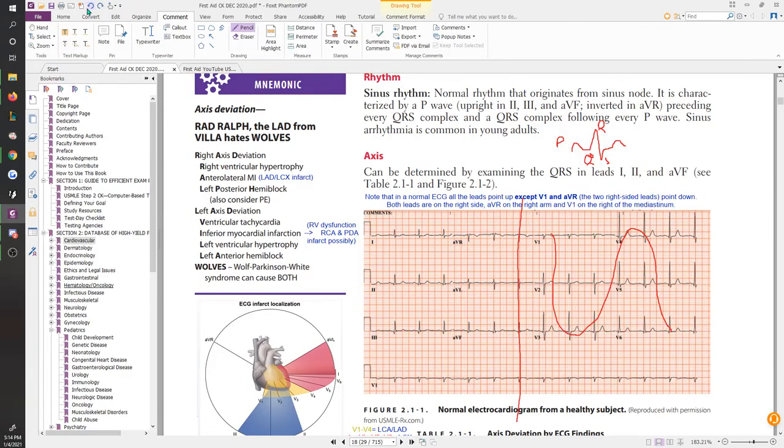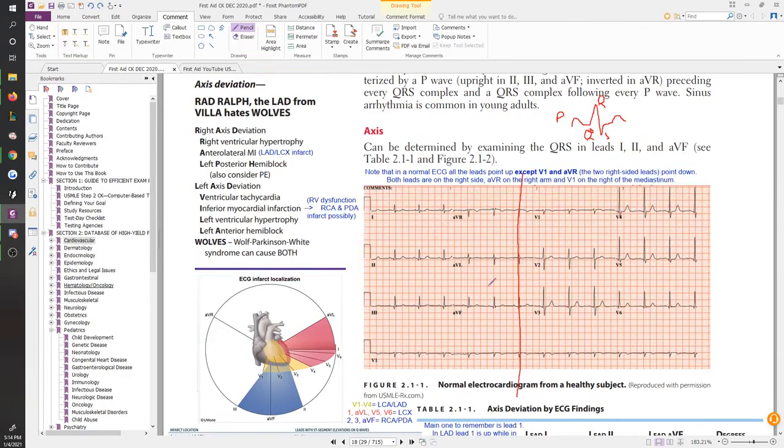If you have a patient where you cannot see the R wave progression, then you can already see where the leads are here. Based off of where the R wave progression is messed up, it's going to be one of those leads, and then, of course, respectively, one of those blood vessels that are messed up, and that's how you'll pick your answer. Of course, there might be other things involved too. We haven't looked at everything yet, but that's the general beginning, right? So this is basically how to read ECGs.